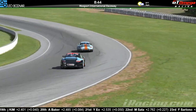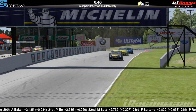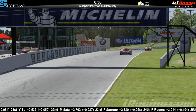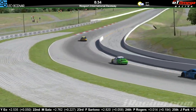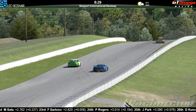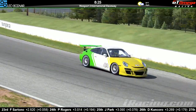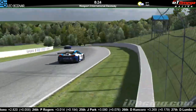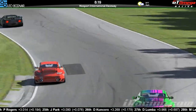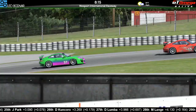Yeah, it looks like a few of the guys are now starting to find that little bit of gap that they need. More time is starting to flow in, improvements coming along. We'll give you a rundown of the standings a bit closer towards the end of the session. But as you said, Lee, earlier on, the gaps still look very, very close. I mean, some now under a tenth of a second, so I think we're going to see a lot of individual battles this weekend, and it was something that was picked up on